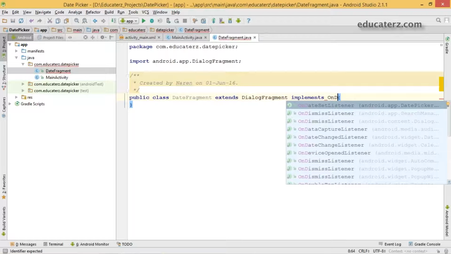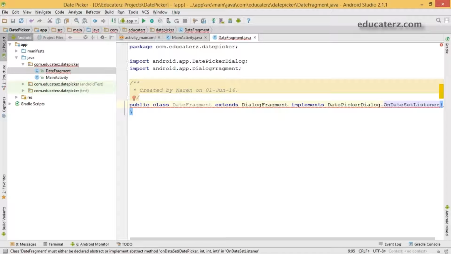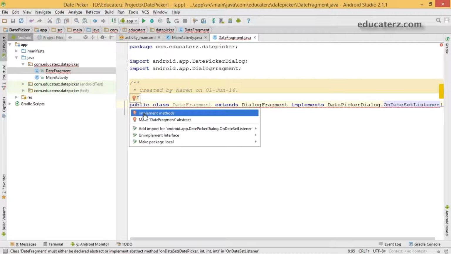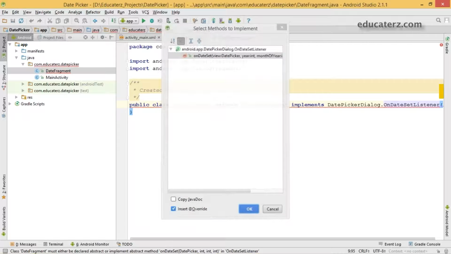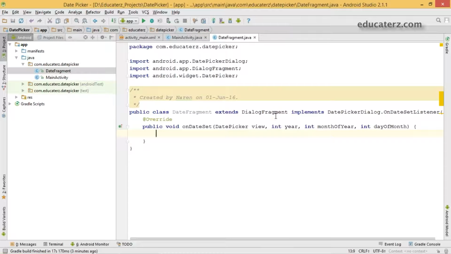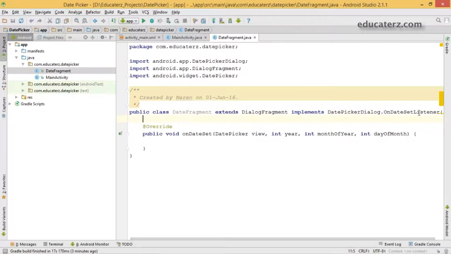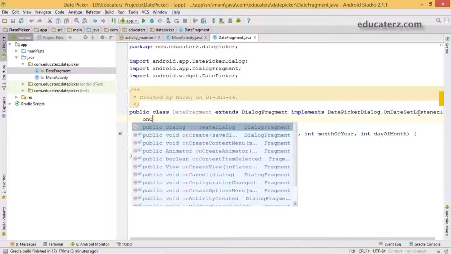In the previous case it was on time set listener. In this case it is an on date set listener. So implement the method which is on date set, and we must call your on create dialog, which is going to return your date picker dialog.